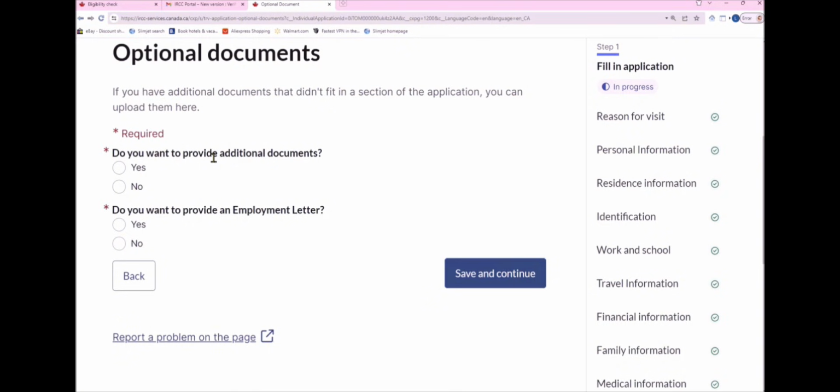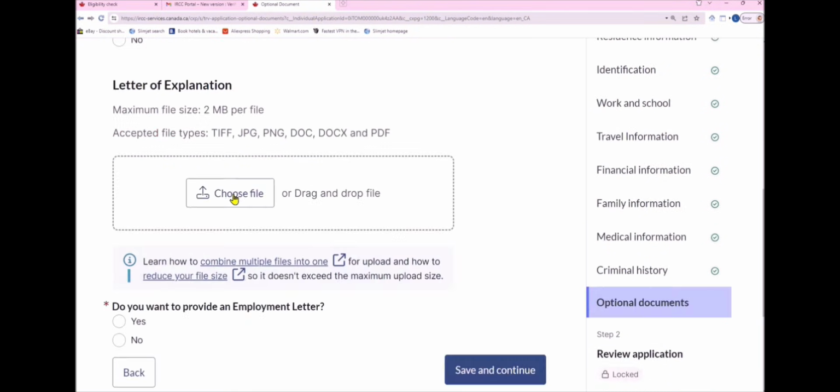visit visa. You can provide any current employment documents, any current properties on your name, any current organization that you are affiliated with in India that is paying you some money, that shows that you will go back to work there. It will show that you have ties, you have property, you would have to go back to take care of that property or live in that property. You can provide a letter of explanation, you can provide a letter of support from your parents who are paying for your visit visa. So all such documents, okay, so you can click on yes and you can provide the